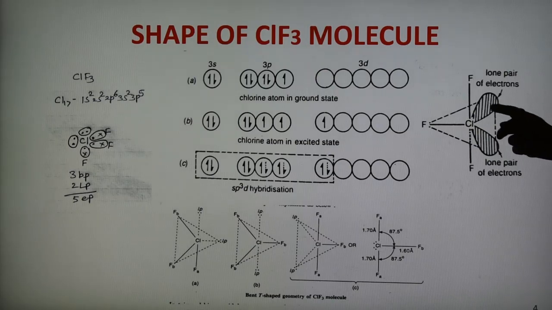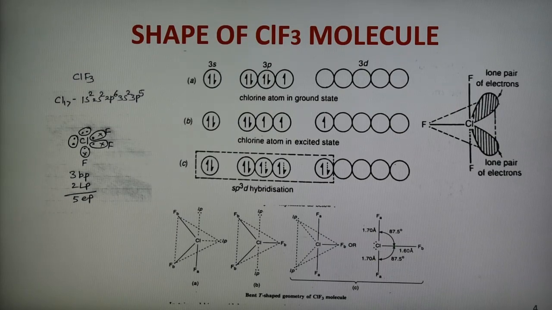Here these are the 2 lone pairs, and you can see the T-shaped structure. This is a lone pair, this is also a lone pair, and the T-shaped structure is shown in the figure. So in the case of the ClF3 molecule, as shown in the figure, 2 lone pairs of electrons are present at the equatorial position. The repulsions are far less compared to the other 2 structures, and therefore ClF3 acquires the structure where both lone pairs are at equatorial positions, and the molecule is said to have a T-shaped structure or geometry with a bond angle of 87.5 degrees instead of 90 degrees.